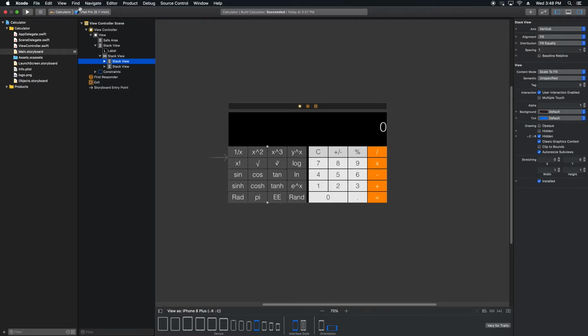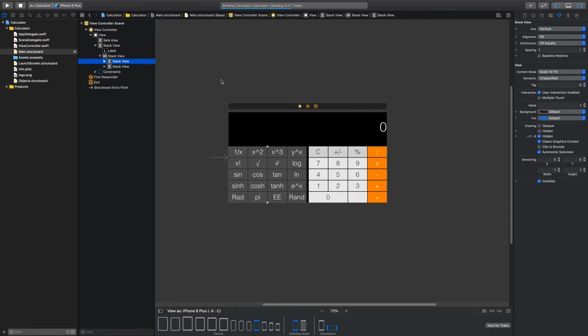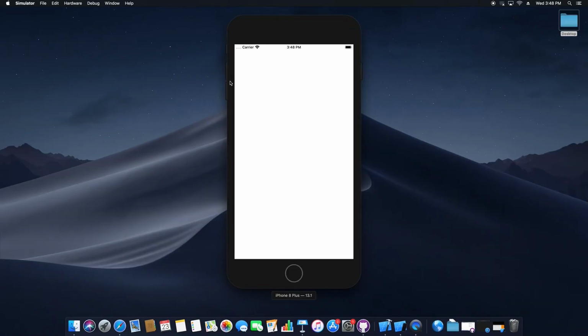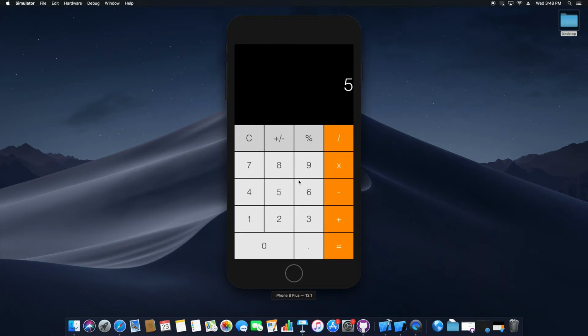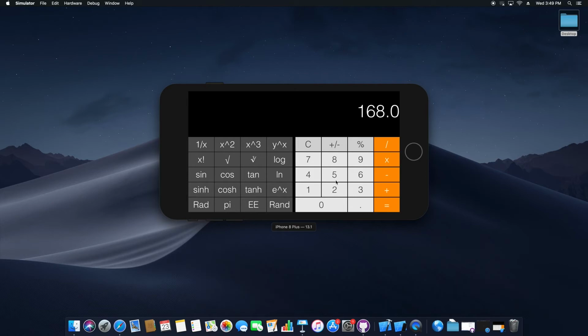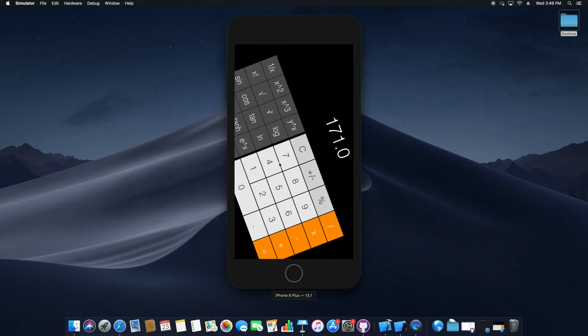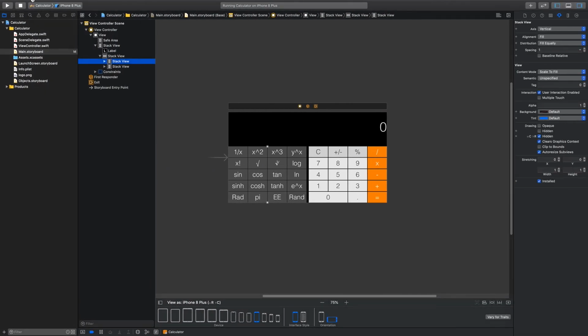Now to test this app, let's first run it on an iPhone 8 Plus. It's working in the portrait mode. If I switch to landscape mode, it's still working. Now, if I go back to my XCode and run it on an iPad Pro,